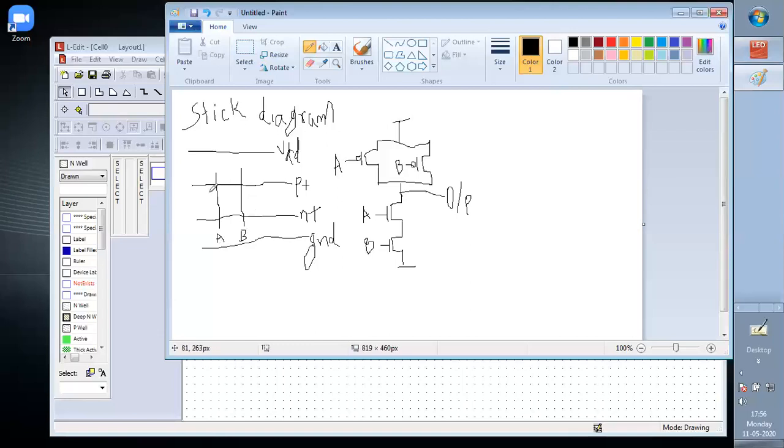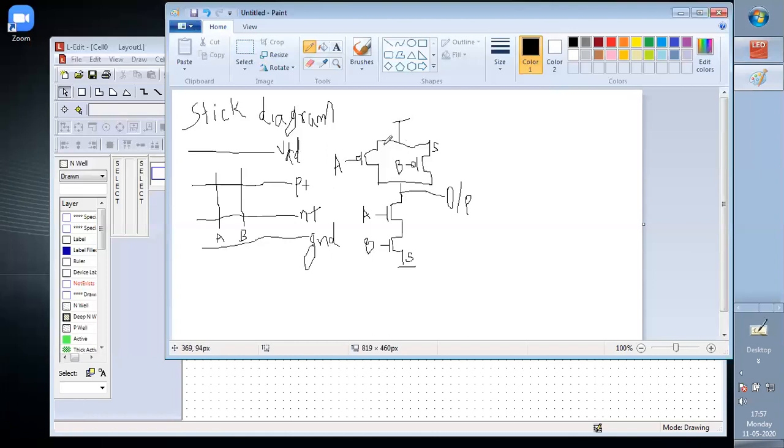Now, polysilicon is of red color. Whenever it cuts the P plus or N plus, it will divide into two parts. One will be source, another will be drain. Now, which one is the source? In NMOS, the source is always at lower potential. So this will be the source, here this will be the source, and here this will be the source.